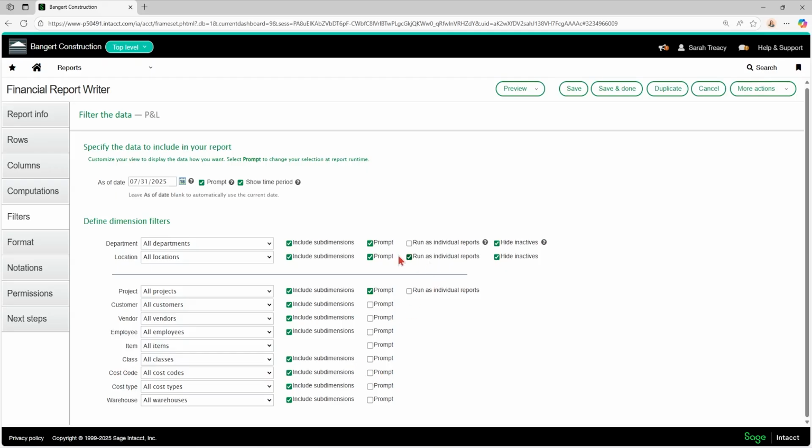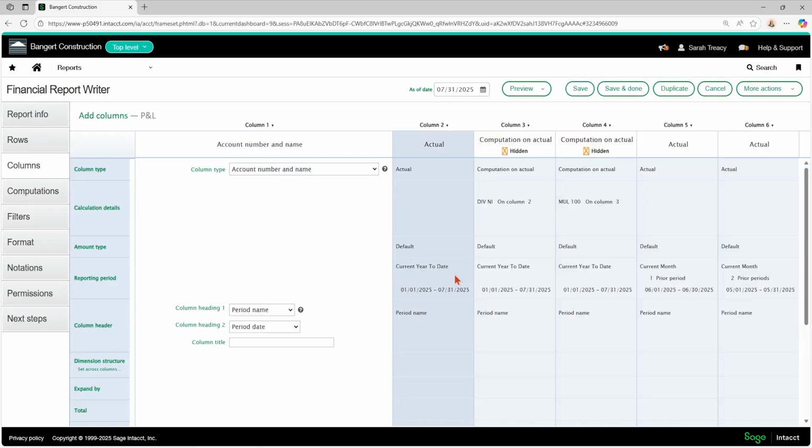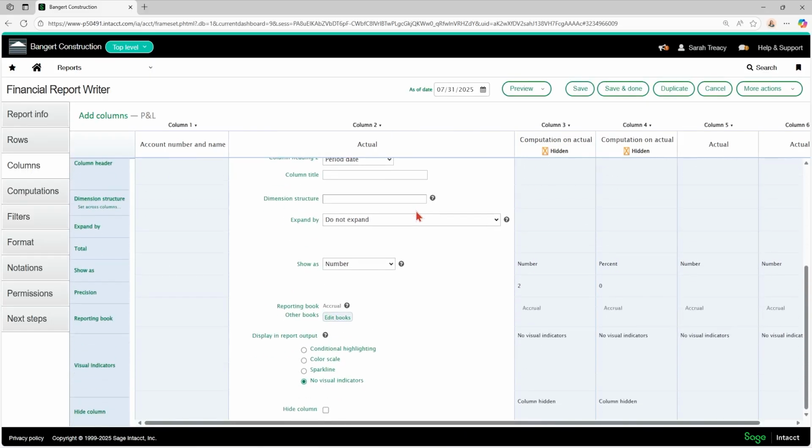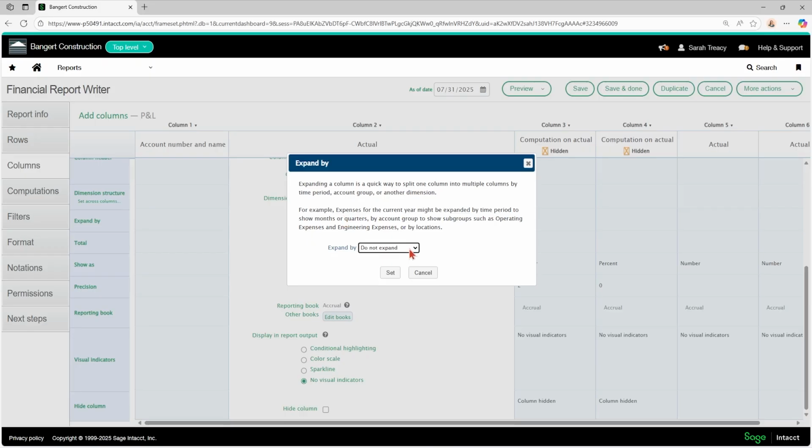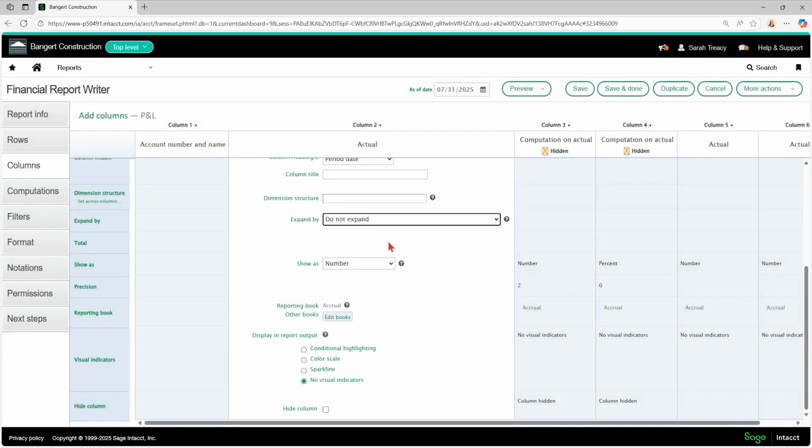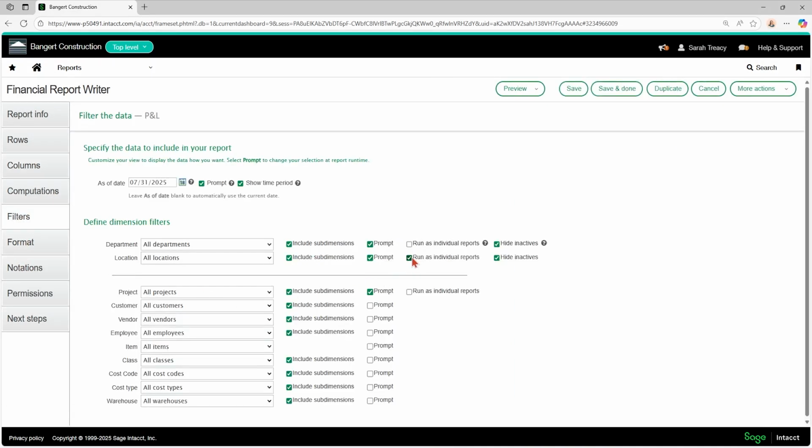We didn't look at this in detail yet, but on our columns tab, there's the option to expand by dimension. So if I click on this actual column, I have the option here to expand by, and I can expand by location, department, project, different things like that. So if I choose to do that, then on my filters tab, I have the option to run that as an individual report because that's being expanded by location, let's say.